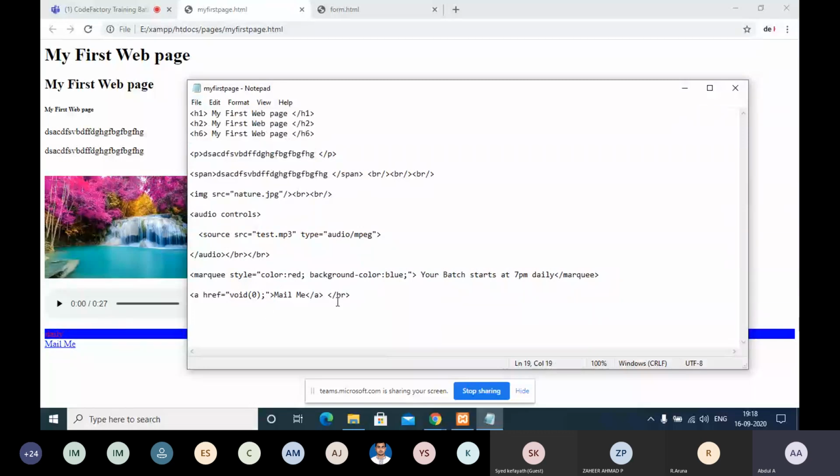Then here I'm writing an onclick function. For example, mail me is a link. I'm changing the text now: instead of mail me, I'm writing click me.